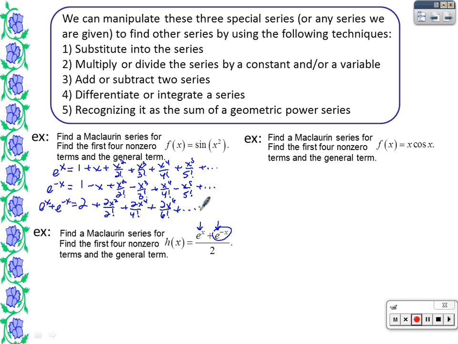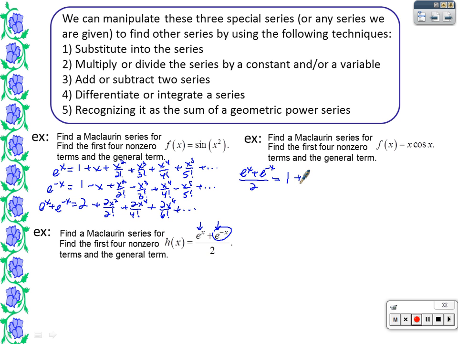All right. One more to go. I almost have what they've asked me to. I'm just missing that divide by 2, right? So we're looking at technique number 2, multiply or divide the series by a constant and or a variable. So you can think about dividing by 2 or multiplying by a half. I'm just going to think about multiplying by a half. So the final series, the e to the x plus e to the negative x over 2 is going to be